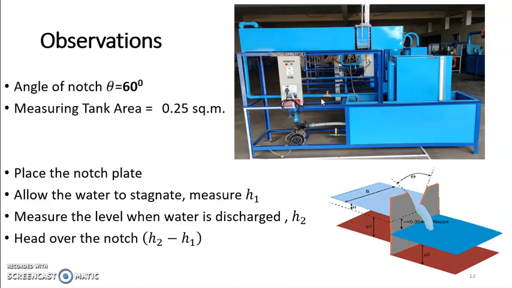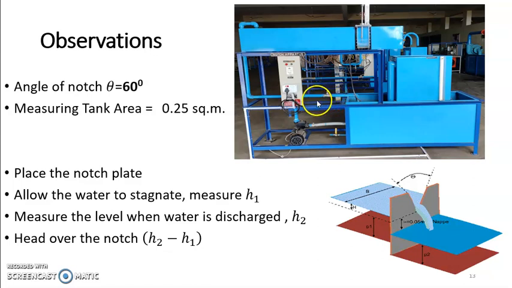If you need 4 values, we need to set this valve in such a way that the first reading should be approximately 25% of the discharge flowing through this channel, and then 50, then 75, then 100%. So depending on the readings required, we need to set this gate valve.